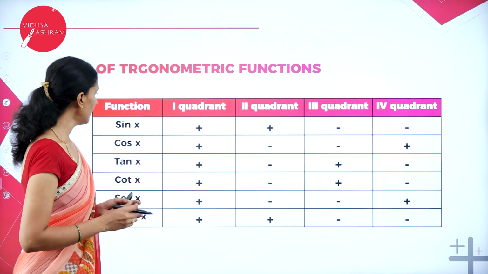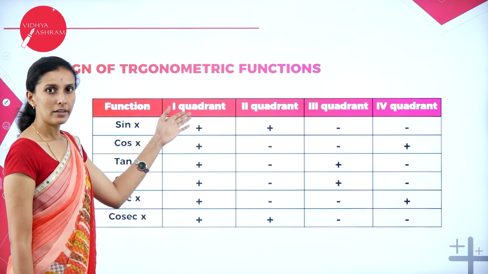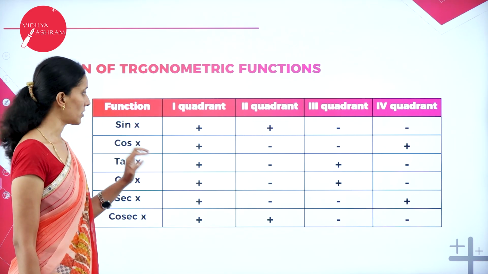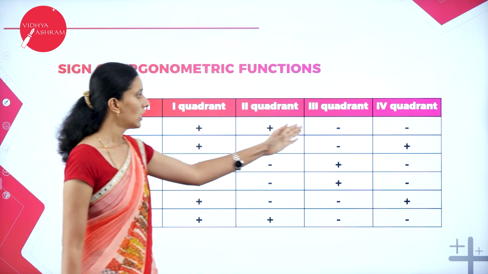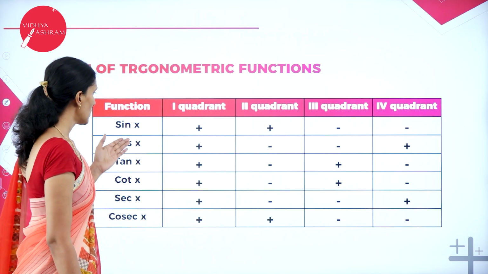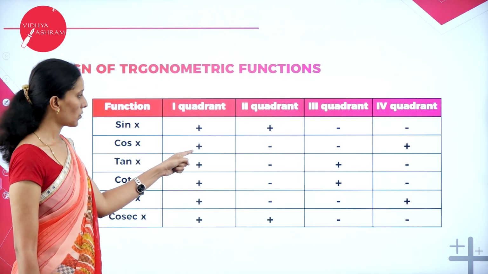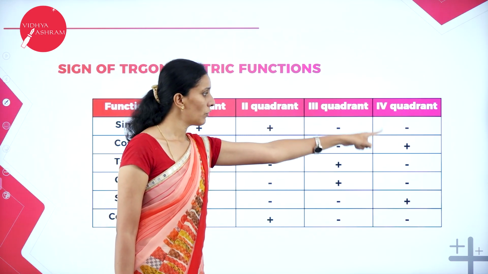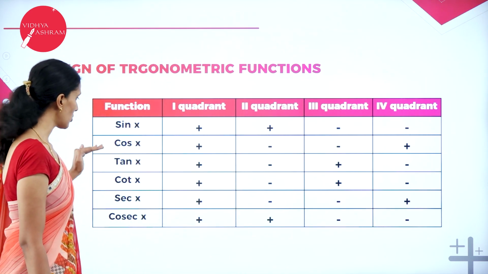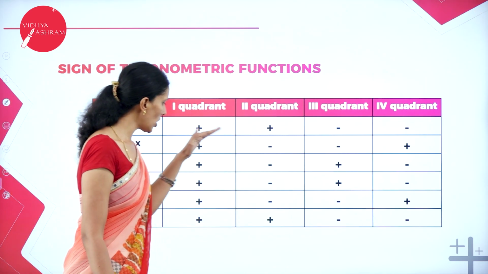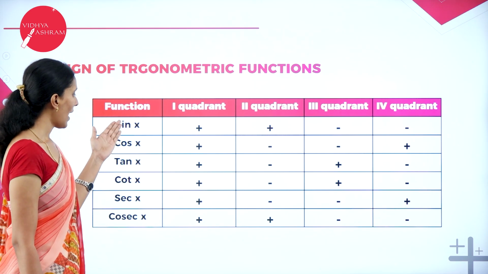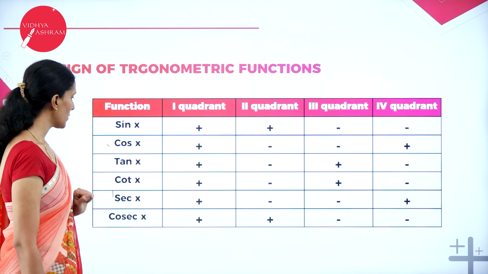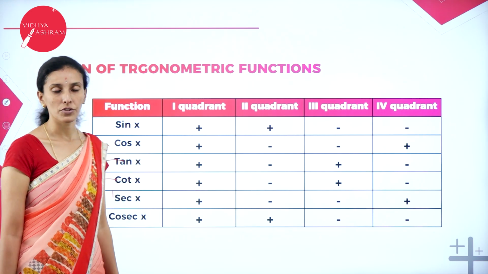So here I have taken sin x, first quadrant positive. Wherever y is positive, your sine function is positive. So first and second positive, fourth and third negative. So cos, positive x-axis in first quadrant, so positive. Second quadrant x is negative, third quadrant x is negative, fourth quadrant x is positive, so your cos function is positive. So based on sine and cos, you can take all other functions. As sine, cosecant sign is the same; as cos, secant sign is the same; as tan, cot sign is also the same.